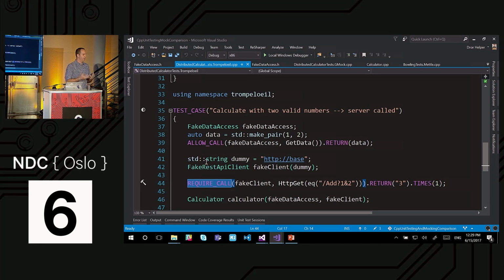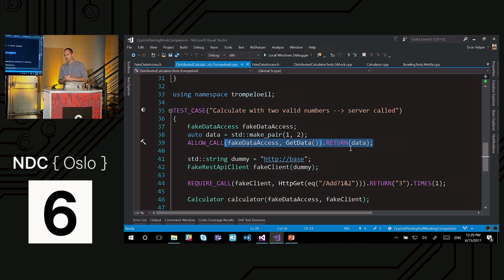I don't want it, automatically, every time I set a behavior on a fake object like so, that the mocking framework will go and check that it actually happens. And by the way, this is what I think. Some other unit testing experts think the other way around.